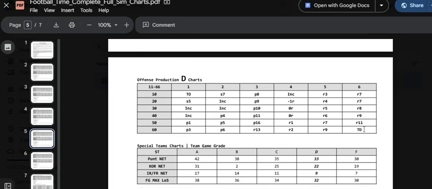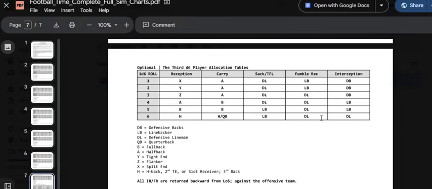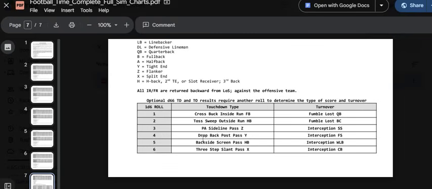So when I roll that TD, well, I don't know, is it a run or a pass? It doesn't say, right? Because we want to keep this open so we can have big runs and we can have big passes. So let's say I'm on the D charts, I roll the die, it's 3rd and 2, and I roll a 66 touchdown. I come down here, I check my third D6, and it says 4, drop back pass to the Y, that's